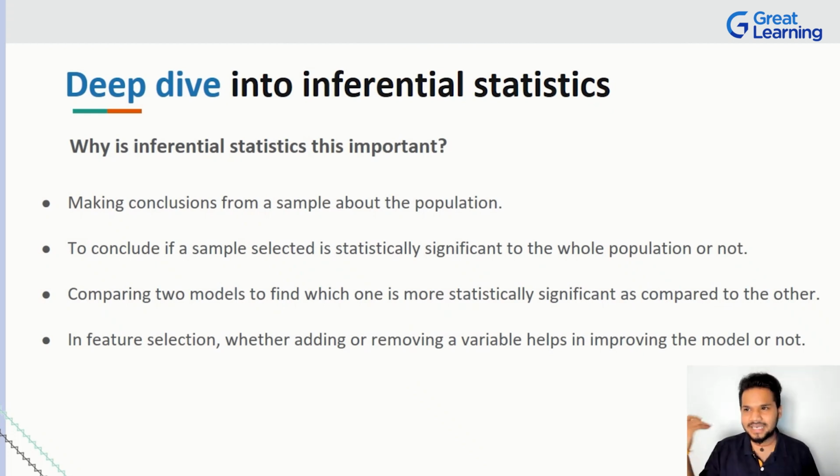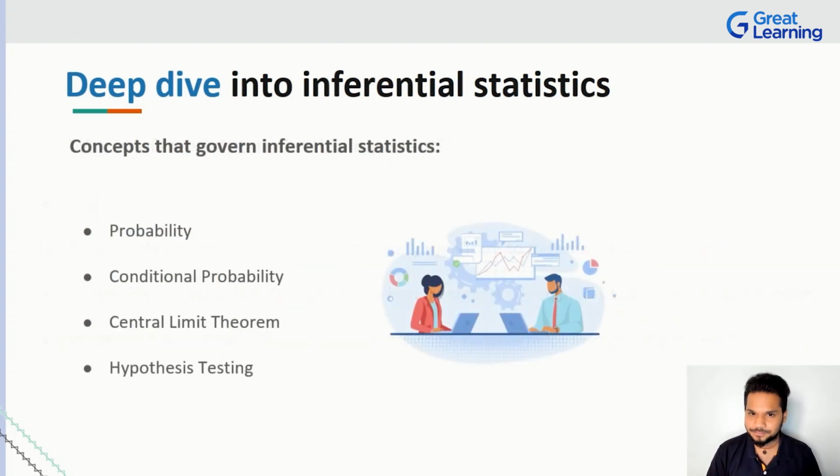a lot. And in the case of machine learning, where we use a concept called feature selection, feature engineering, all of that, where we have to understand that adding these columns or adding this amount of data will either improve your machine learning model or decrease its efficiency, right? Either it will help it understand something better or it's going to confuse your machine learning algorithm, right? That is also something that you can figure out by making use of inferential statistics.